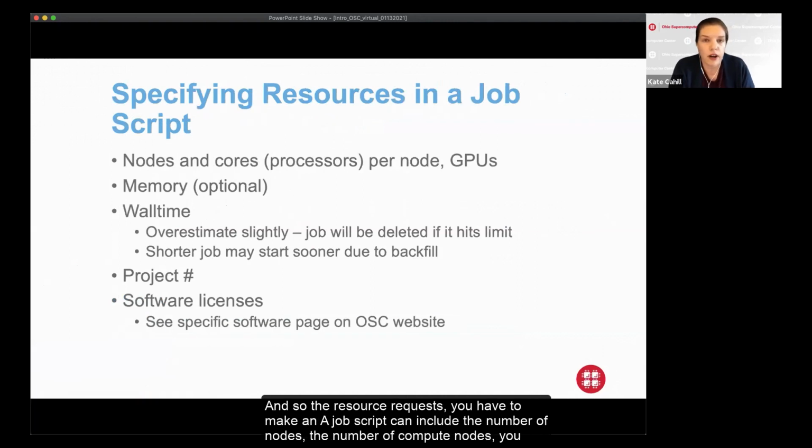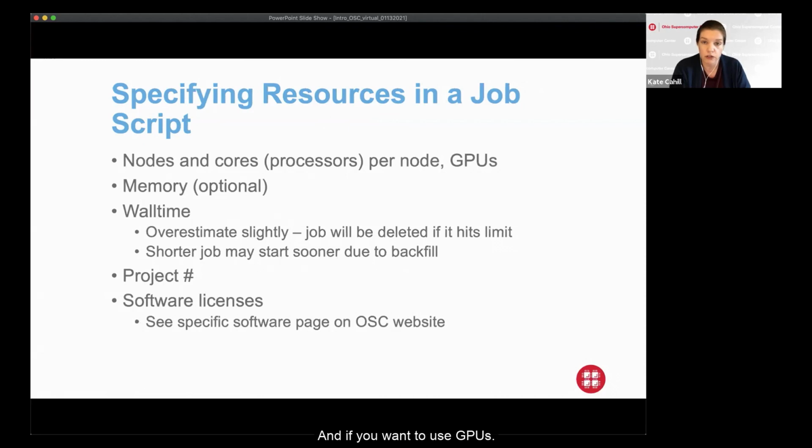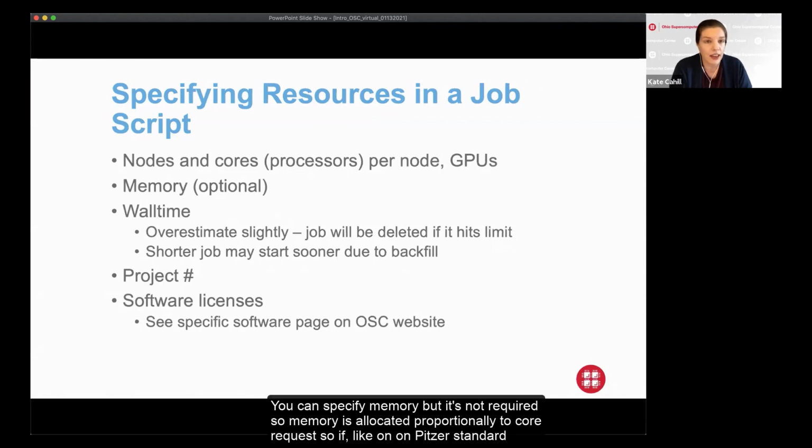The resource requests you have to make in a job script can include the number of compute nodes you need to use, the number of cores per node that you want to use, and if you want to use GPUs. You can specify memory, but it's not required. Memory is allocated proportionally to core requests.